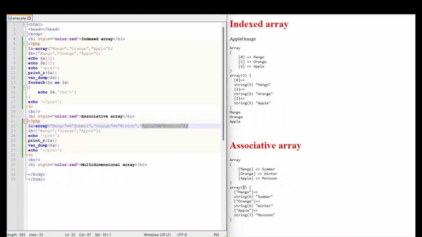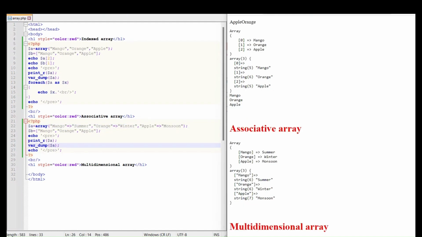So the number of values in this array is 3. And here you can see its key. It's the value, and here it's giving the data type and the size, 6 and 7. Okay, so for the foreach loop,